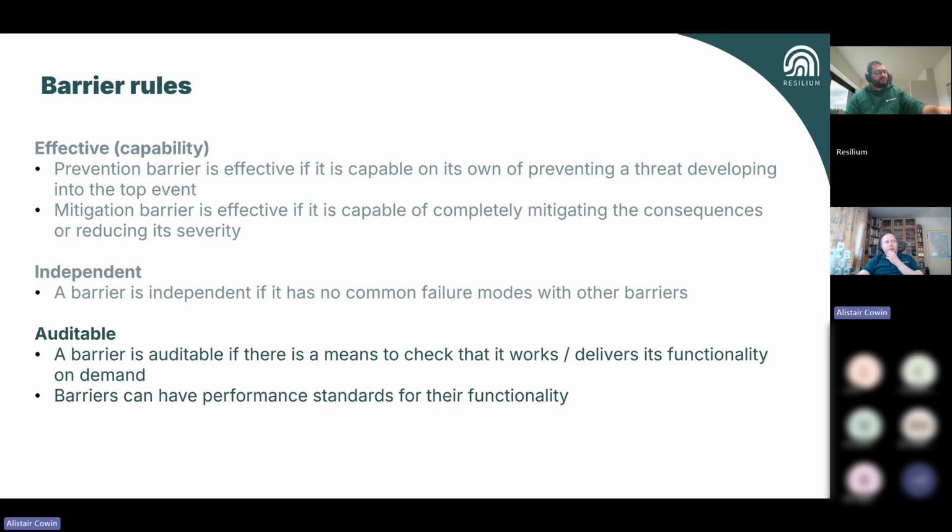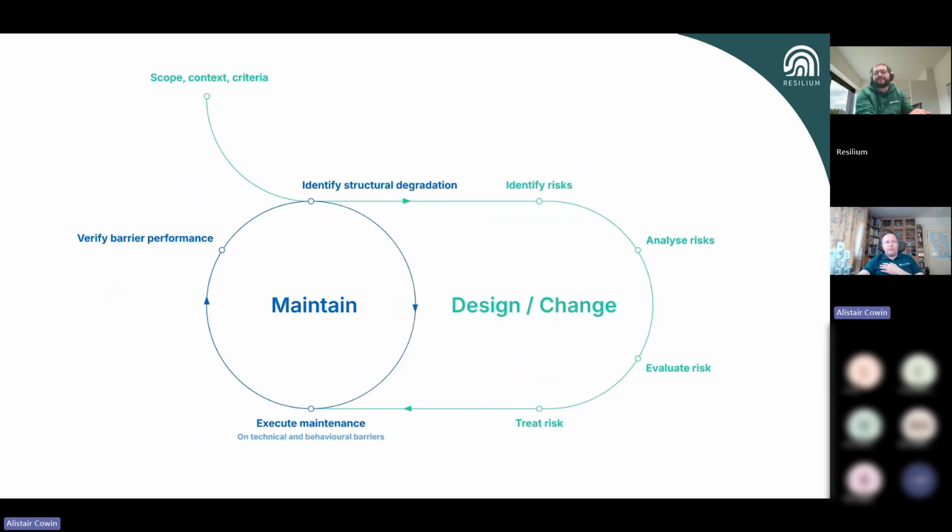So I talked about earlier, I said I'm going to talk about a life cycle and the fact that we're maintaining things. And I've got 2 diagrams. I really can't choose between them. It depends on the mood I'm in and who I'm talking to. But I really like them, as they provide a lot of help in understanding where barriers and barrier thinking specifically can help you manage your business.